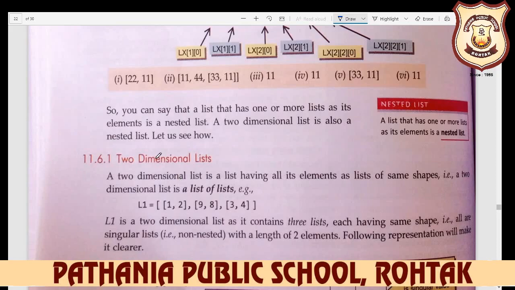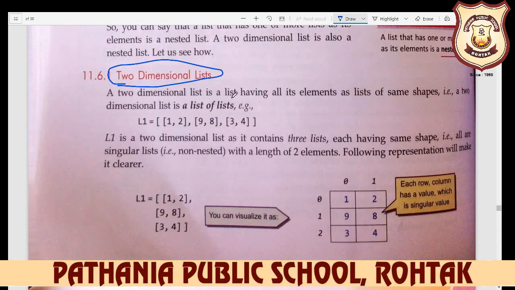But your two-dimensional list is also a nested list. So what is a two-dimensional list? A two-dimensional list is a list having all the elements as lists of the same shape. That is, a two-dimensional list is a list of lists. For example, you have written one list, two lists, three lists in a single list named L1.